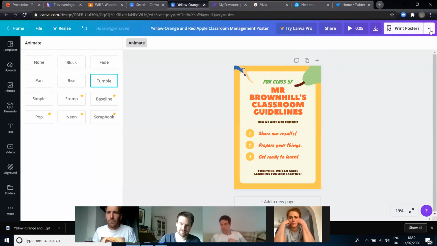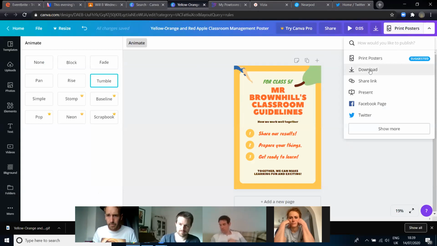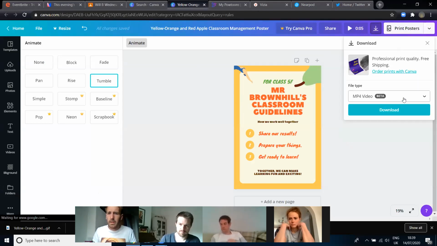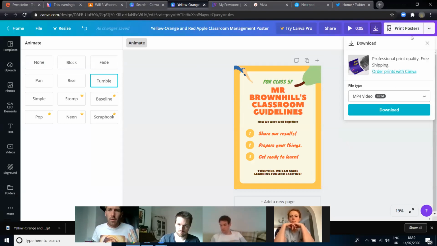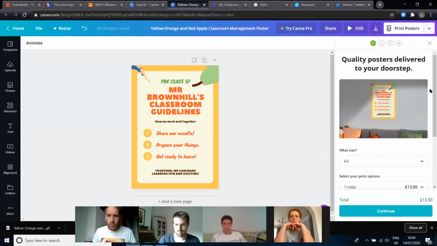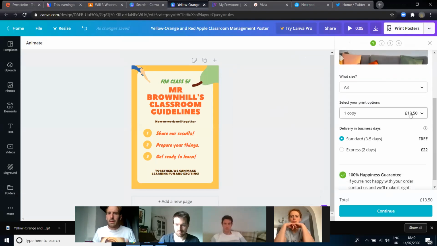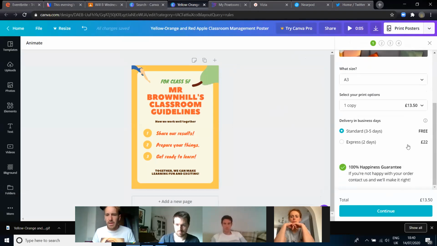Now I can do a few things. If I hit this download poster, I can download it as PDF, JPEG, an image. What I can also do here is I can actually have it printed professionally. So say, for example, you wanted to make some of these really nice posters for your classroom. I can say, okay, I'm going to order it as a print. Now, the A3 one there, it's 1350, it's big size, but you can start to build and make your own